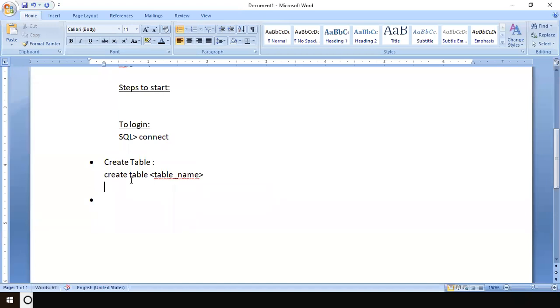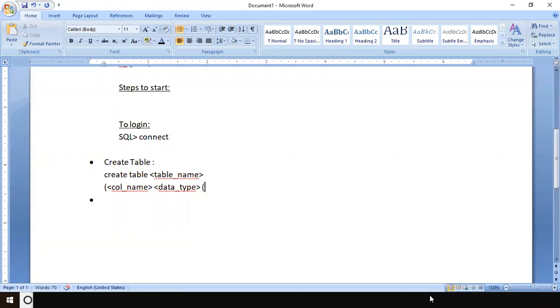Create table, table name, and then the round bracket. The round bracket is compulsory. Then there is column name, which I write in shortcut, then data type, and then another round bracket.